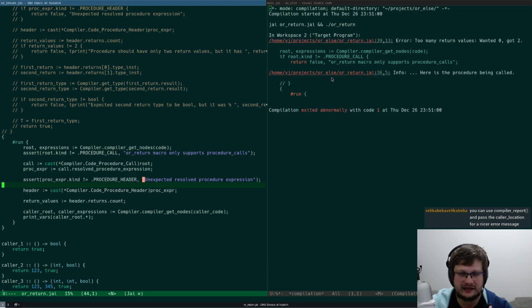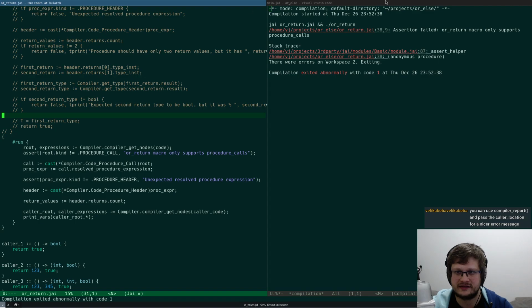But it was slightly worse because the actual error message was second in the call stack, not the last one. So you can see that there is no main, right? You can see the error in the macro, but you can't see where it comes from. I guess in this particular case it doesn't make any sense, but yeah.